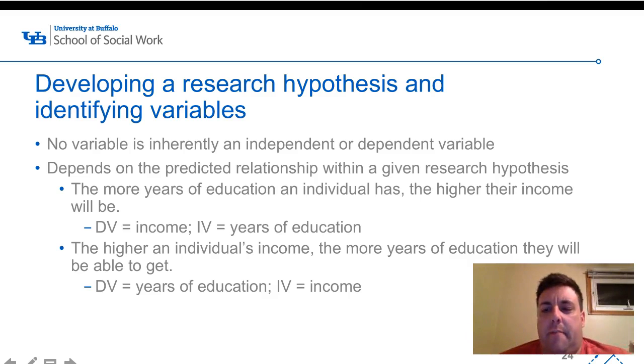So here's a good example of how variables can be sort of switched around to be both independent variables and dependent variables. So the hypothesis is, the more years of education an individual has, the higher her or his income will be. In this example, the dependent variable is income, and the independent variable would be years of education. But if we switch that hypothesis around, we can see that the DV and the IV will switch around. And that's what's listed there in that final bullet point. So the higher an individual's income, the more years of education